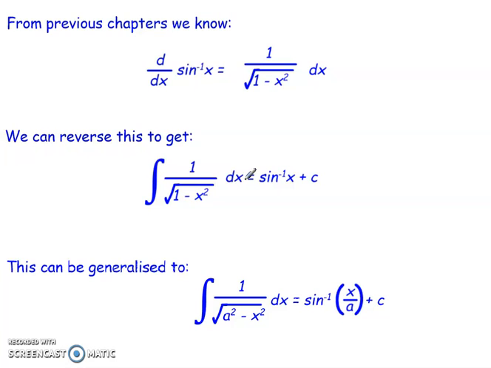What we're able to do is take this and generalise it. And what we're able to say is the integral of 1 over the square root of a squared minus x squared is equal to sine minus 1 of x over a plus c. So we're able to generalise it in that manner there. Now we're able to use a fairly straightforward technique in order to be able to prove that this is the